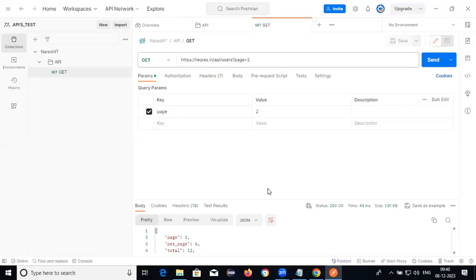The first is the status code, the second is the status time, the third is the response body, the fourth is the content type. And if you want to validate one more in this API, we need to validate the header. It is very, very important in API testing.